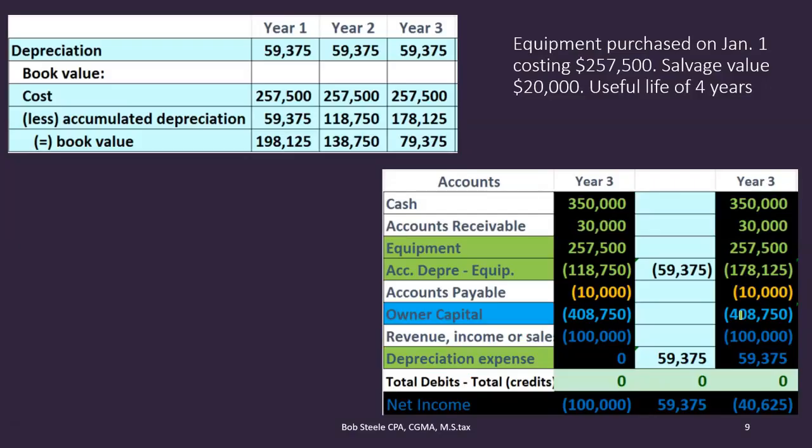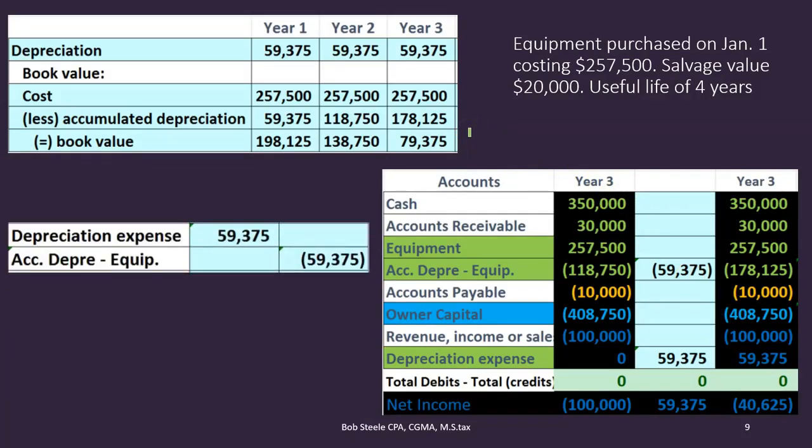All right, so then we're going to say the equipment will look like this. Here's our table up here. If we post the journal entry, once again, it'll look much the same. The journal entry now looks like this, but if we start out year 3 before we post the journal entry, note what it looks like. We have the equipment before, which is the same value. We have the accumulated depreciation, which was the accumulated depreciation for year 2, giving us a book value of 138,750